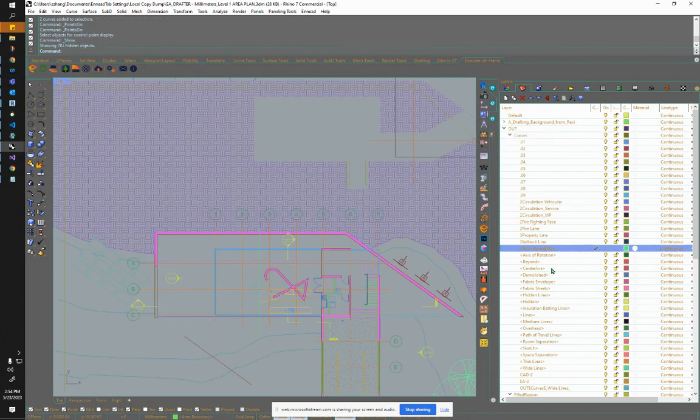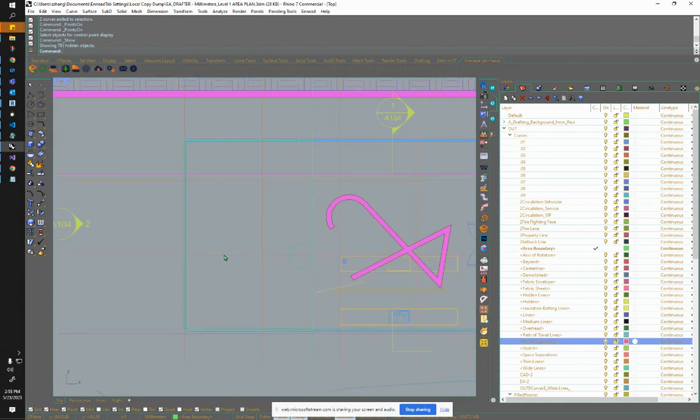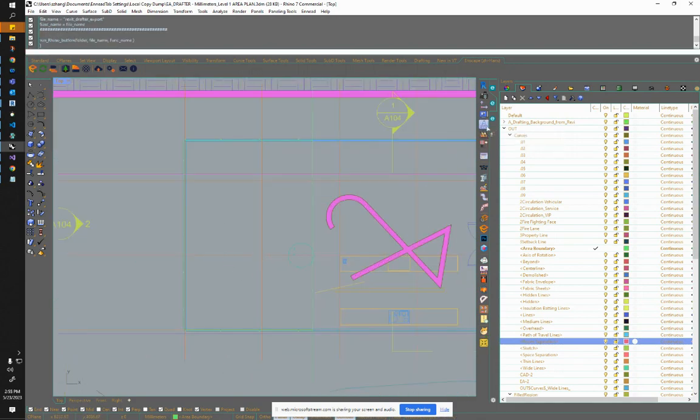So right click. Worth mentioning, the area boundary line here, as well as the space separation line, those two will be treated similarly. It's the same process. If you want to get a customized space, not space tracing, sorry, a room separation line, if you have a complex or customized shape you want to trace around, use this. It will generate the functional one. So right now, let's right click,